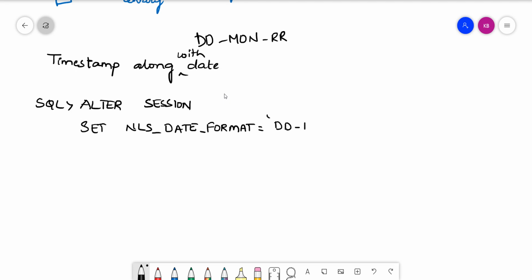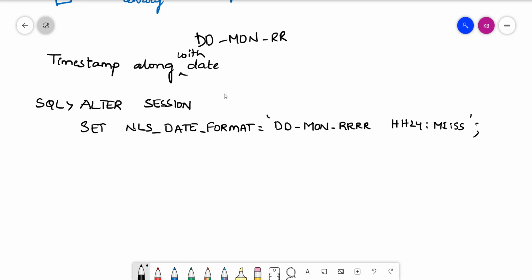So I want to have DD-MON-YYYY, instead of only the last two digits, I want all 4 digits of the year in the default format, and then I want to have HH24:MI:SS. So I am putting the timestamp in 24 hours format along with minutes and seconds.